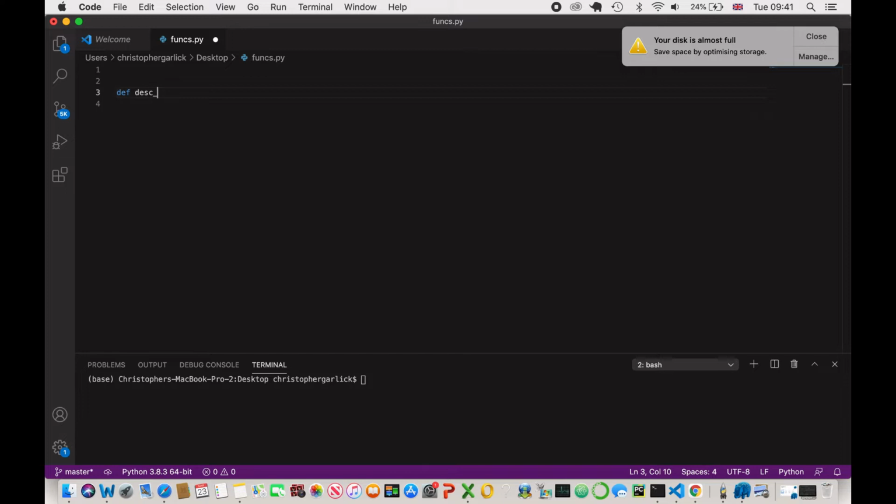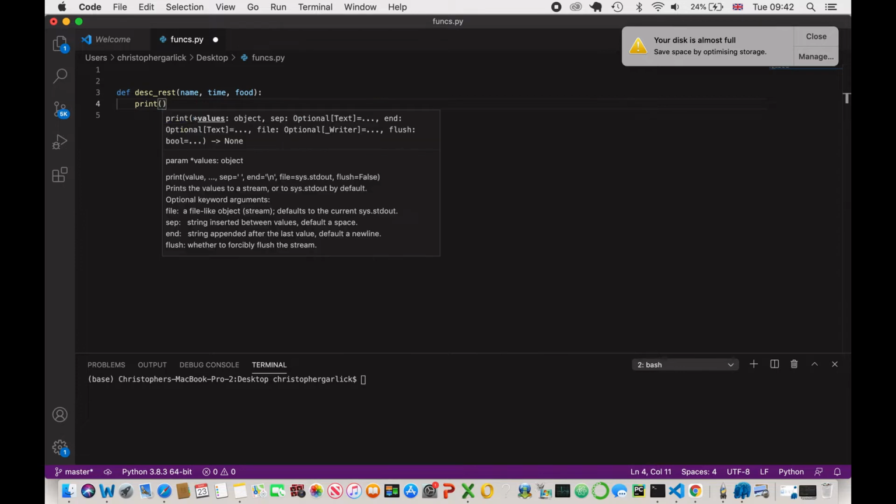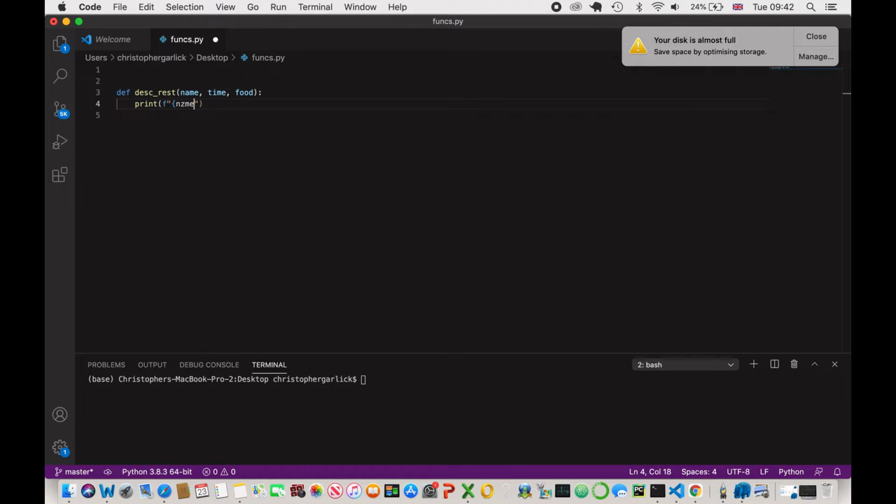I'm going to call it desk_rest, so describe restaurant. And then pass in three parameters: name, time, and food. And just inside of the function, we're going to print an f string. And the f string will say name opens at time, and they sell food. So that doesn't really make much sense at the moment, but